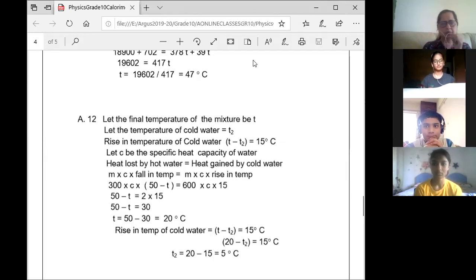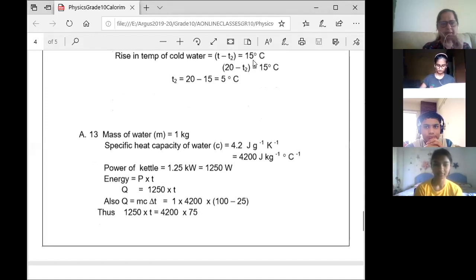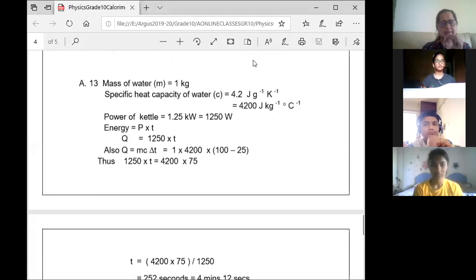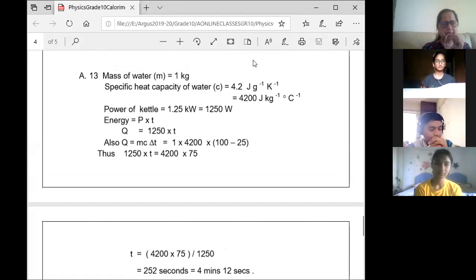Okay, fine. So this is a simple one. In this exercise the questions are a lot easier, but in the next exercise they are difficult. Now quickly I'll go through the 13th one, then I have to discuss some give reasons. Okay, so the 13th one.